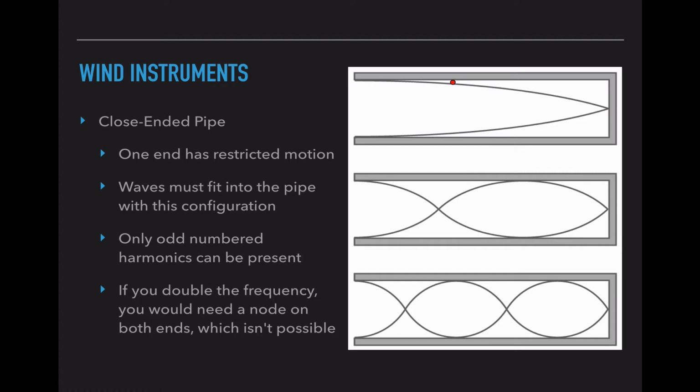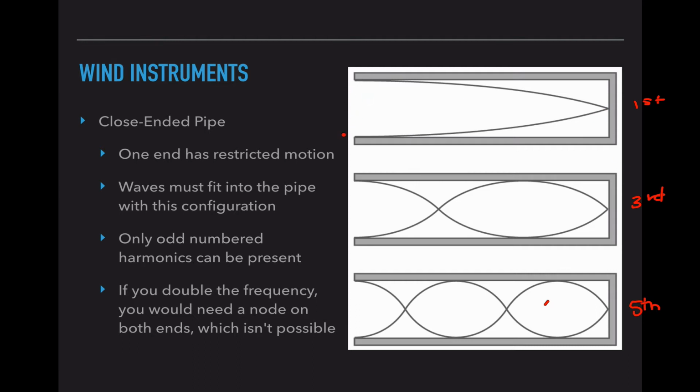And this is only half a crest. So even though this is the first harmonic, I'm only seeing half a crest instead of a full crest. This, I have 1 full and 1 half. This is actually the third harmonic. 2 fulls and a half, this is actually the 5th harmonic. When it comes to closed-ended pipes, you may only have odd harmonics because one end must be closed and one